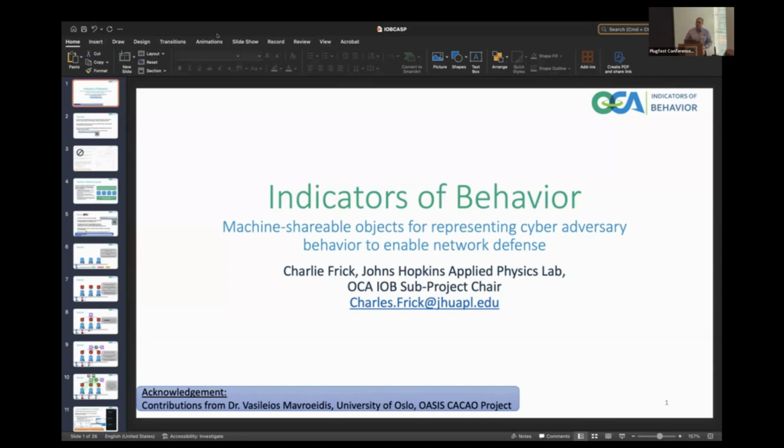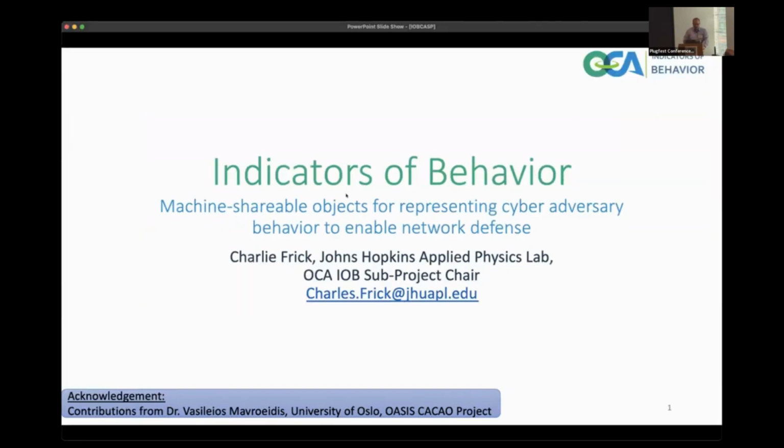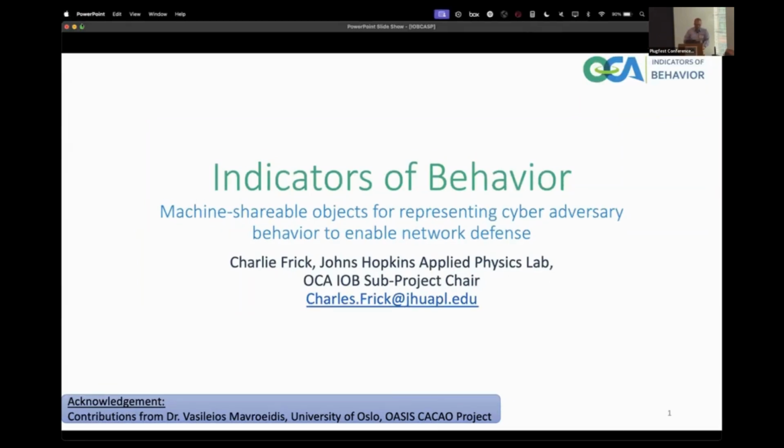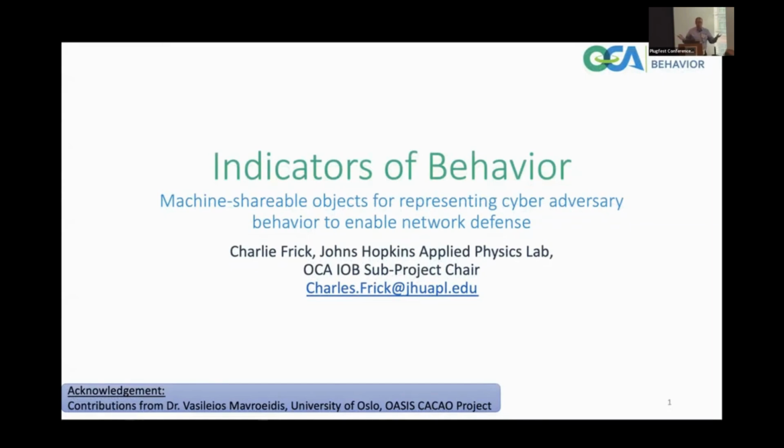We've seen this many times over. And if you ever want a longer talk on that, I have plenty of other use cases and pilots we can get into. But as we started looking at that, it got us into this idea of needing what we're calling indicators of behavior. Roughly, these are machine-shareable objects that represent the effect of an adversary's intent. So if you don't take anything else from this talk, before we get into looking at my graphs and talking about analytics and threat emulation,